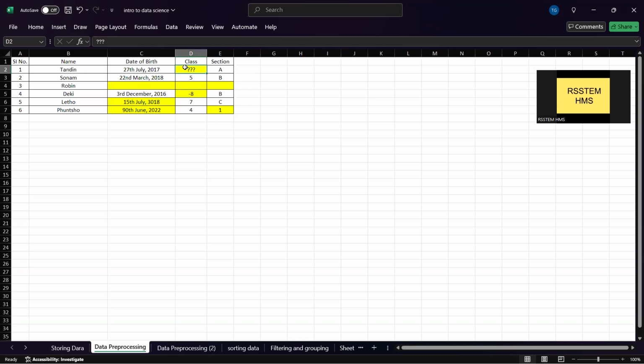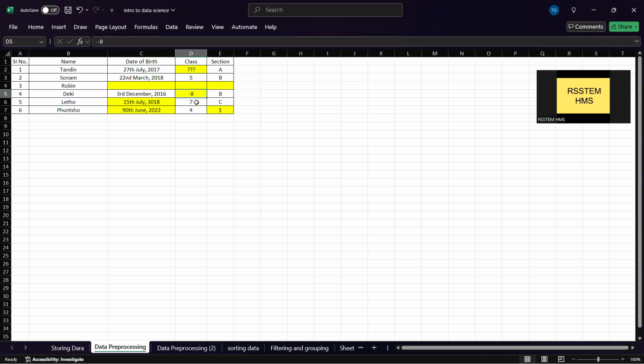But class should be in number format, so this is also wrong, and I highlighted it. For Robin, the class is empty, and it should not be. So empty, incomplete data. You have to rectify. You have to make sure these are filled up, and that all of these are corrected, and the format is corrected as well.